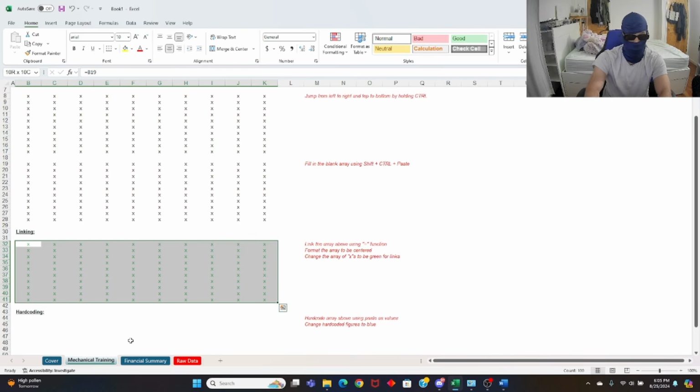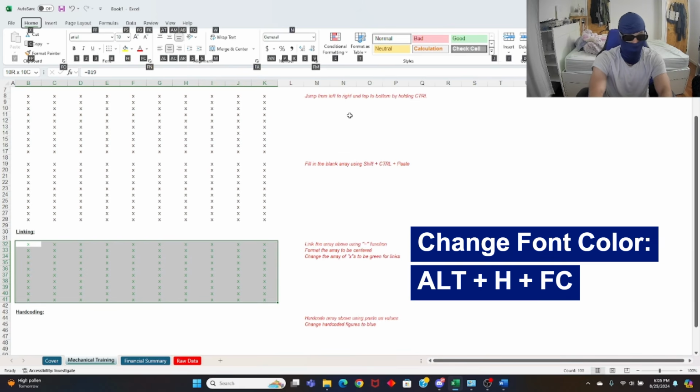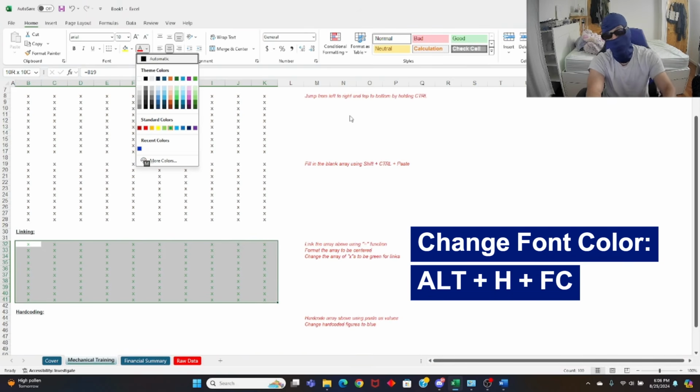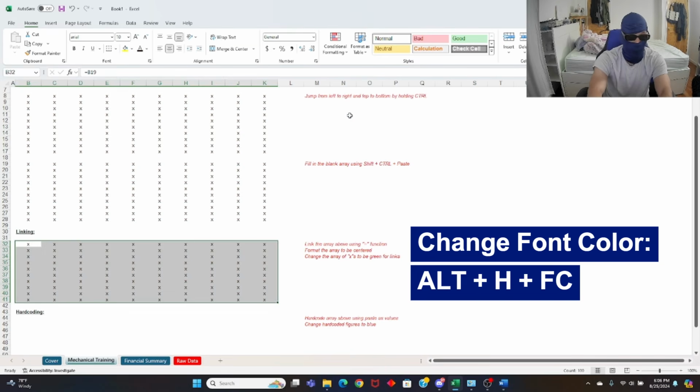So what we're going to do is hold Control and Shift, go down, go to the right, highlight the entirety of the array, and we're going to go back to our toolbox on top. Alt H. Now we're going to look for color. Where's text color? Right here, right? Usually you guys click here with the mouse. It says FC, so you're going to hit FC very quick. Alt H FC. Oh, oops, I hit Alt H FC, and it's going to pop up your color palette. And what you're going to do is here, this is where you use your arrow keys. And we want to make it black, right? So it automatically populates on black, or you can go down here, one arrow down, one arrow to the right, enter. Now it's black.